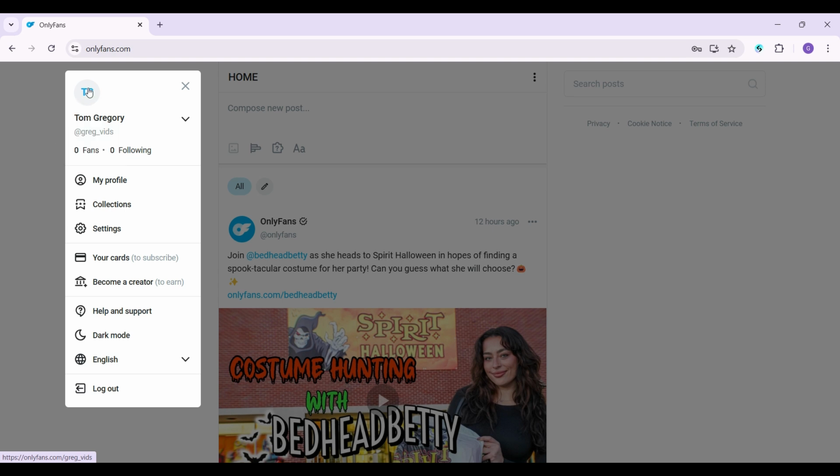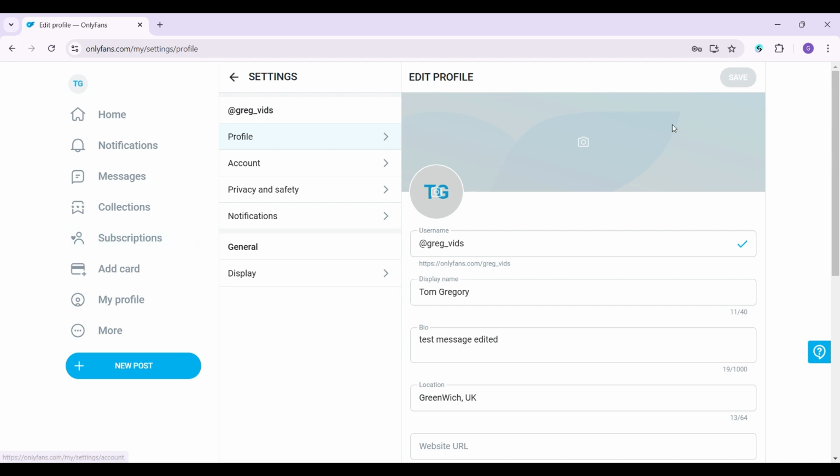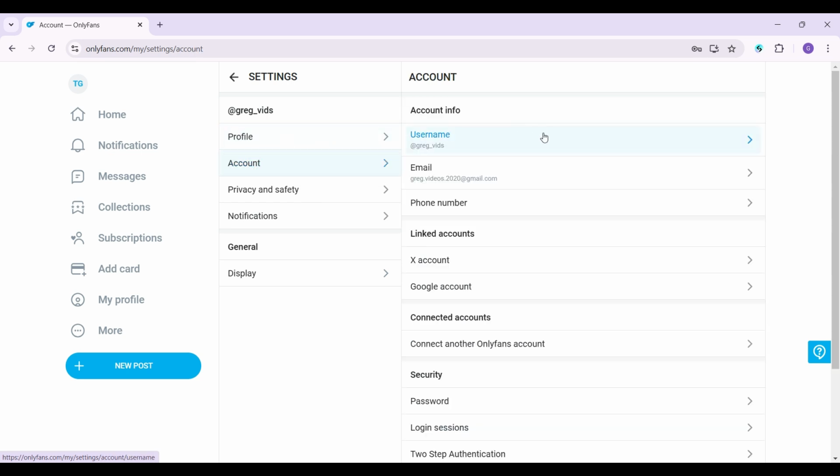From here, all you guys need to do is focus on this button, that is settings. It has a gear-like icon associated with it. Click on it, and as such, you will be redirected to this section. Now let's simply look at how to close all these sessions. Right here, just below profile, you can see the account tab. Click on it. Now from here, as you guys can see, lots of options, but closing the session relates to